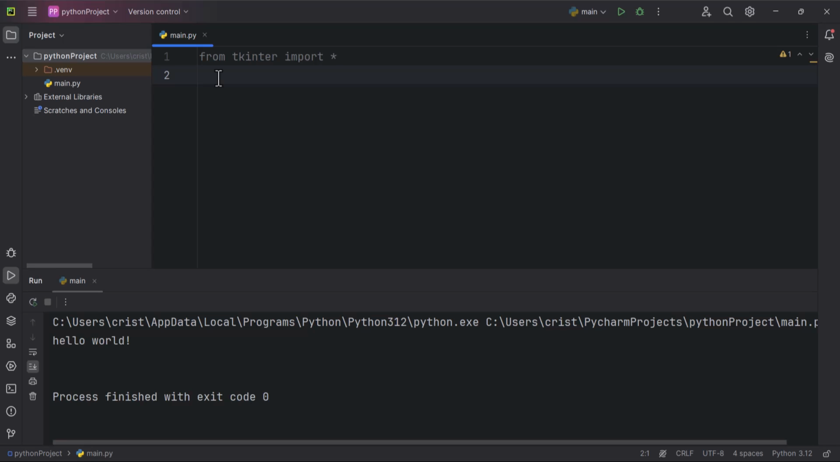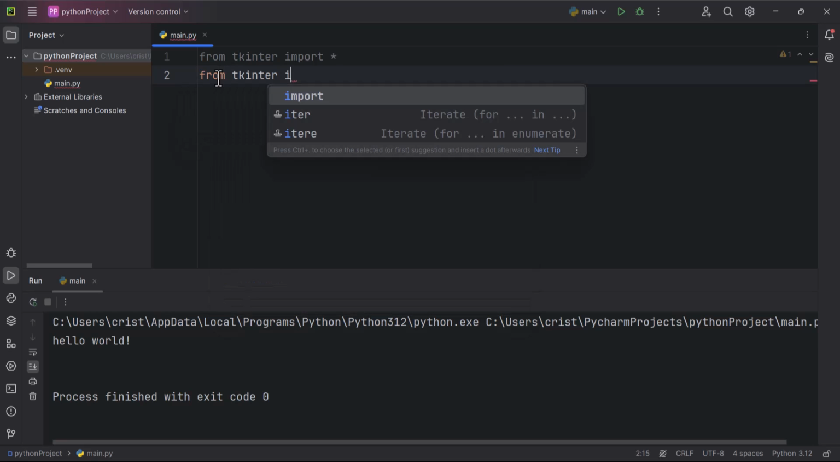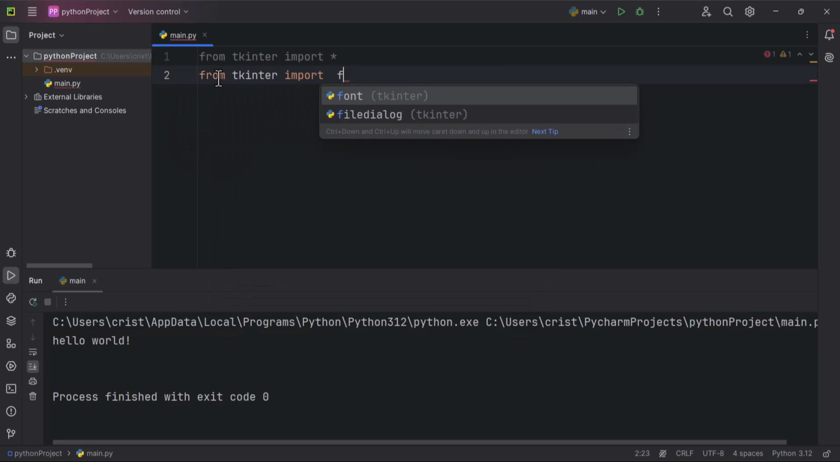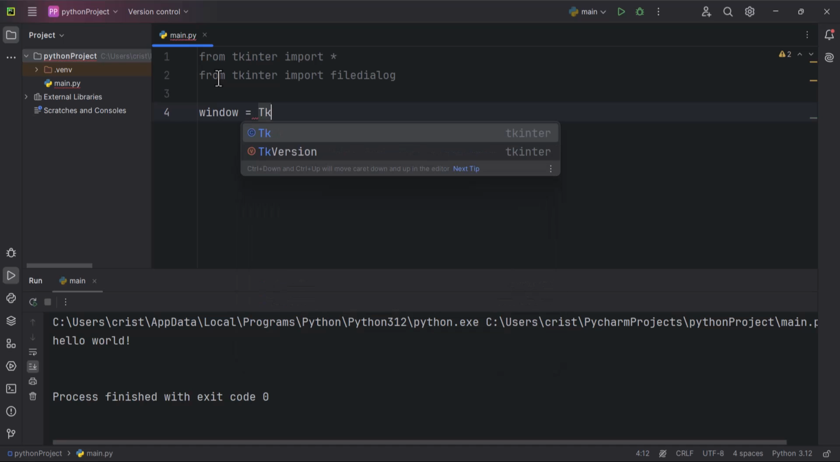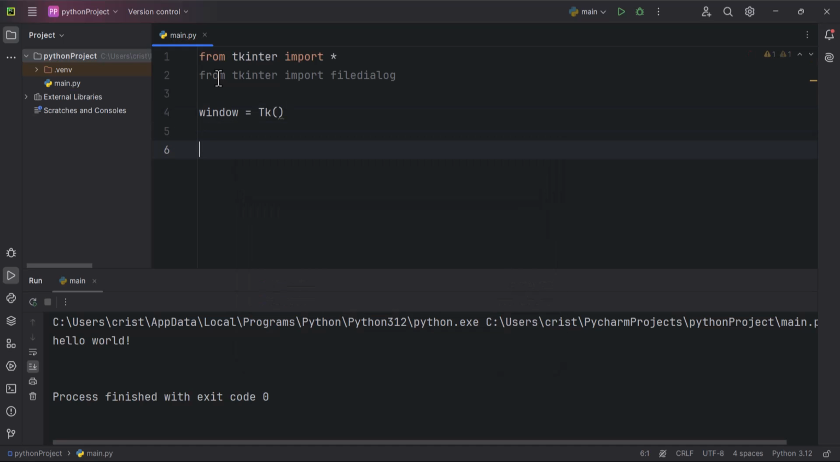Now it's time to look at the file dialog to see how you can open a file. First I'm going to type here from tkinter import filedialog. Then down here I'll type window equals tk.Tk(), then I'm going to type window.mainloop(),